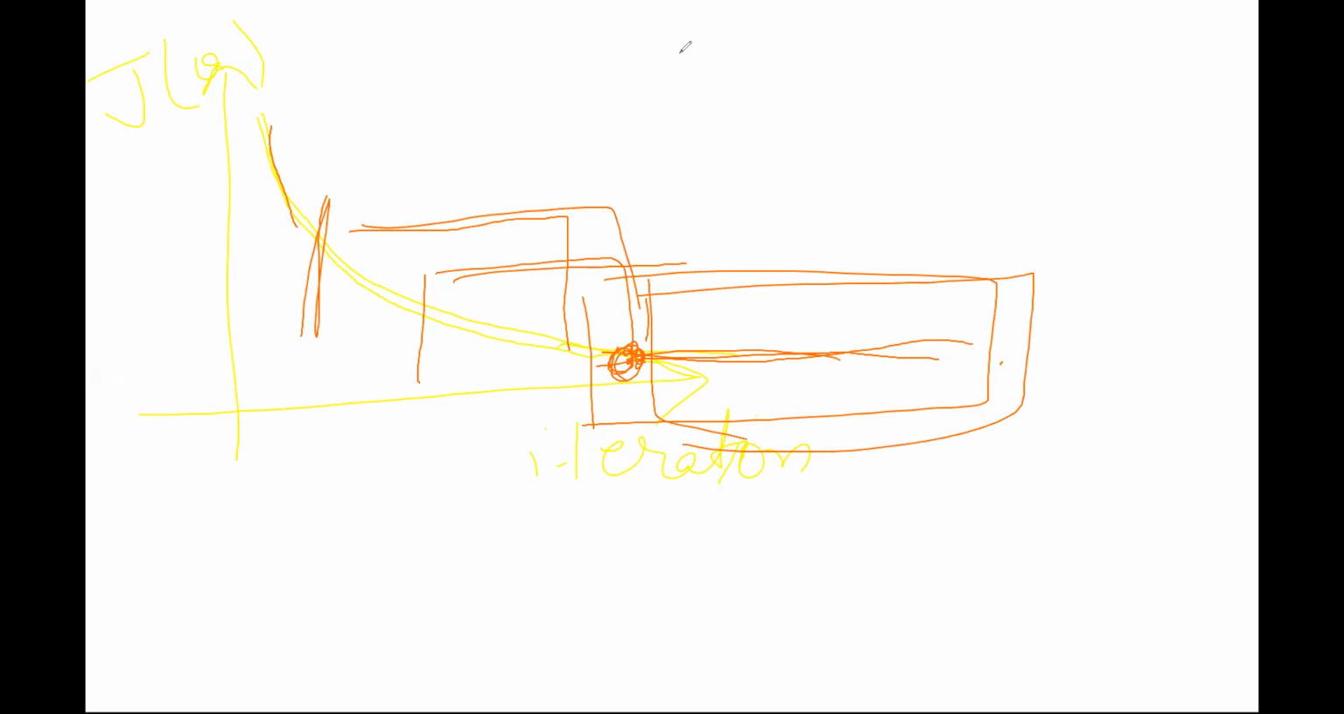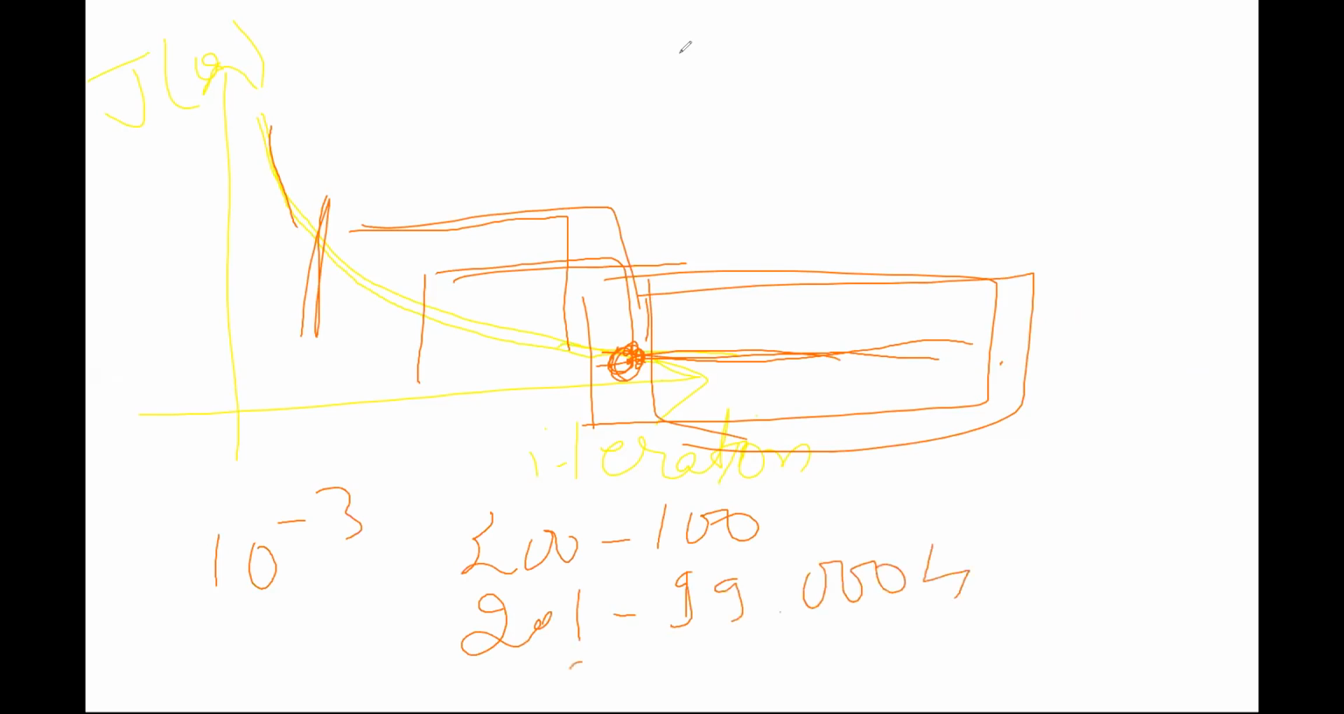Just by plotting against iteration, you can say when to stop, or you can tell that when the difference between my cost function values is 10 to the power minus 3. For example, if at step 200 I'm getting a cost function of 100, then at step 201 I am getting a cost function of 99.00004, then again at 202 if I'm getting